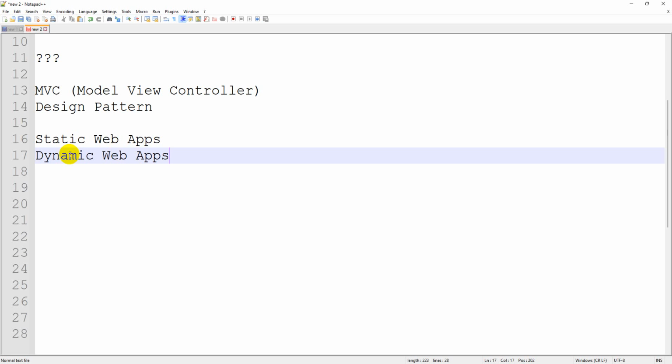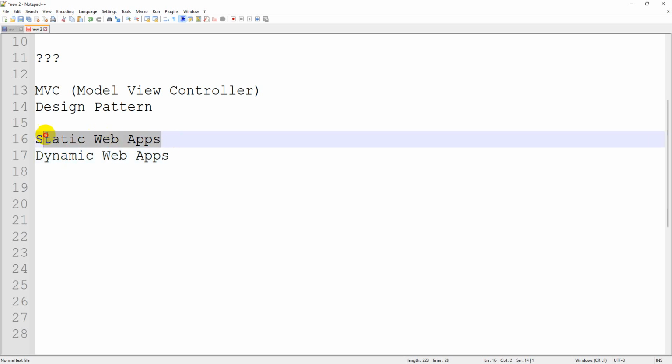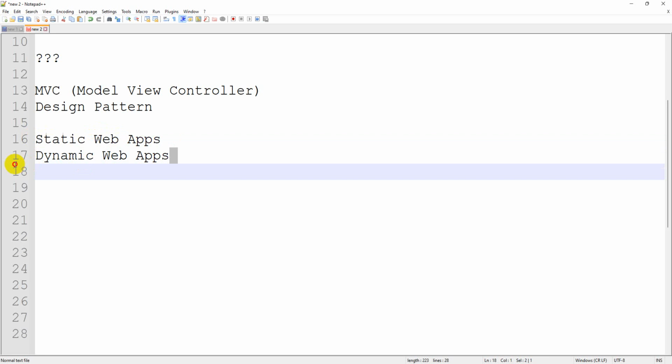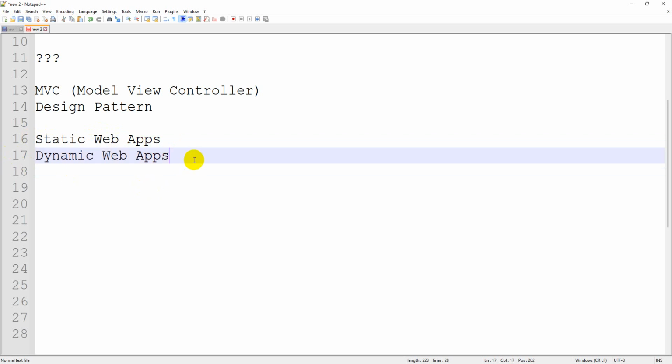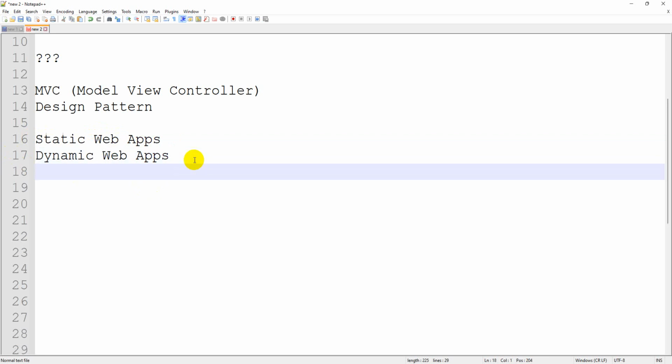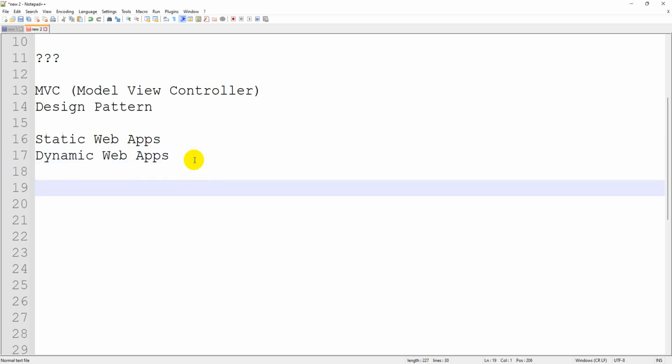These applications change the view according to the user request. Static applications are like newspapers, they won't respond to the user, but dynamic applications respond when the user hits a button or requests some URL.